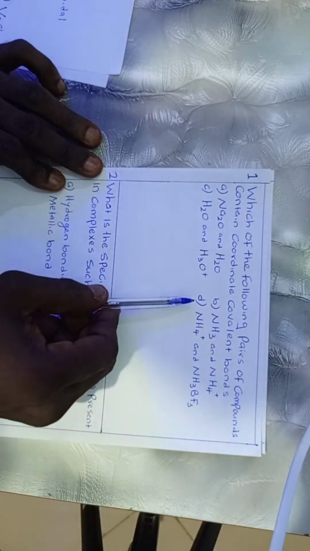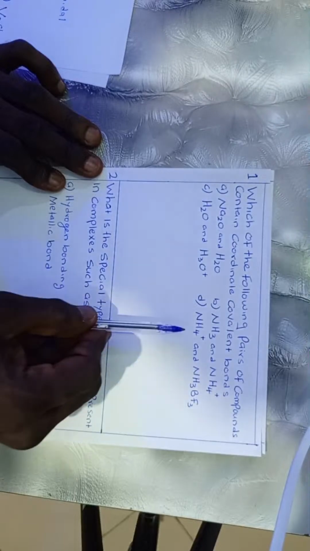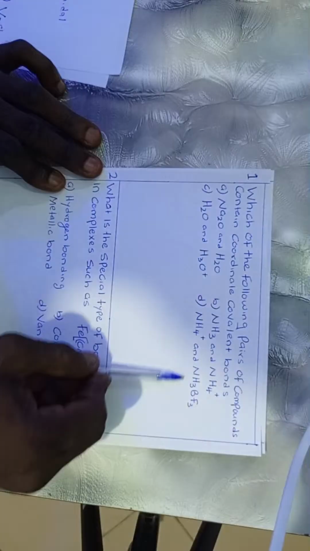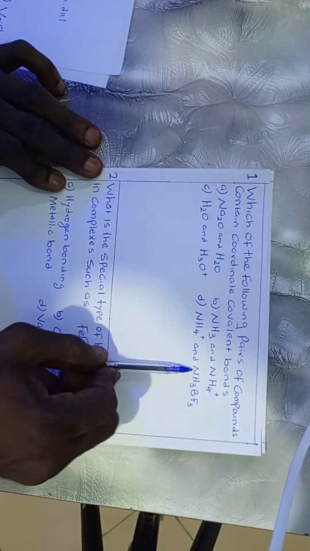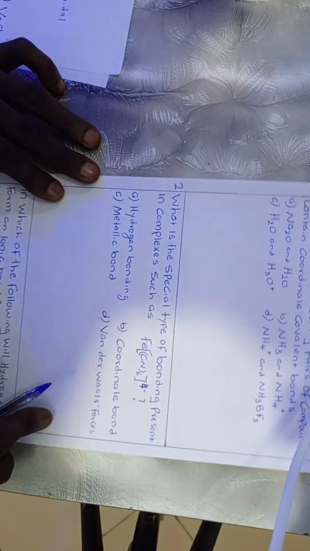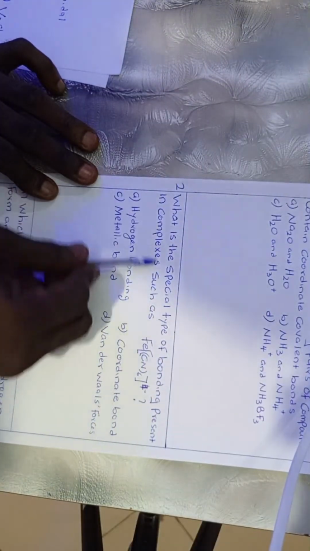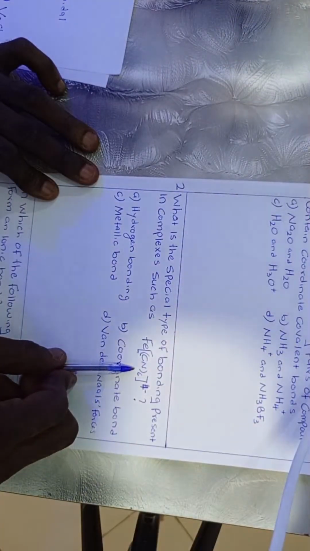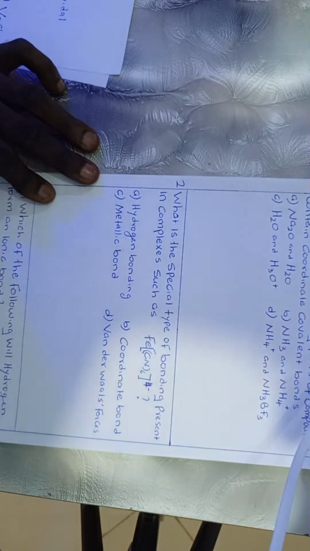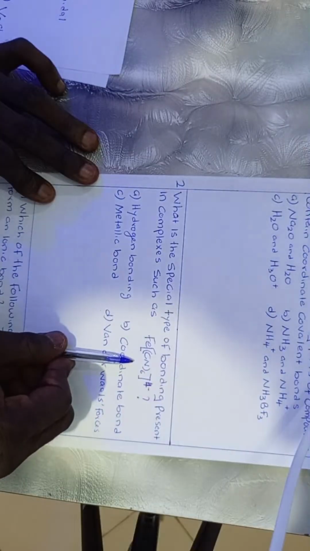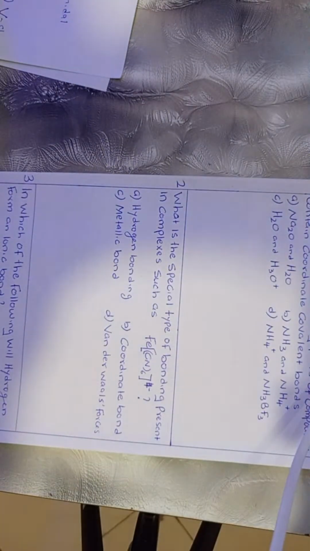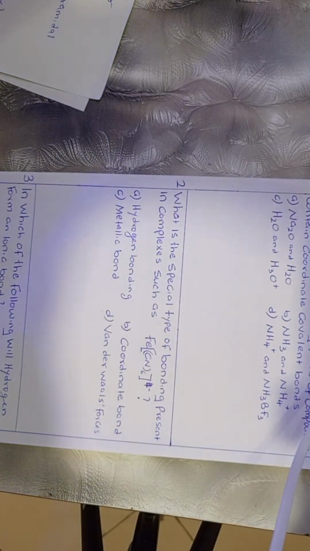What about option? That's our correct answer because ammonium ion contains coordinate covalent bonds alongside this other complex here. All right, going to question 2. What is the special type of bonding present in complexes such as this? Now, it's very important you understood that in complex ions like this, the bonding present there is called coordinate covalent bonds. Now, the coordinate covalent bonds exist in this type of compounds because